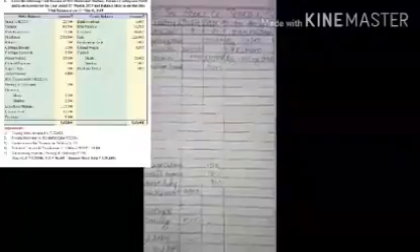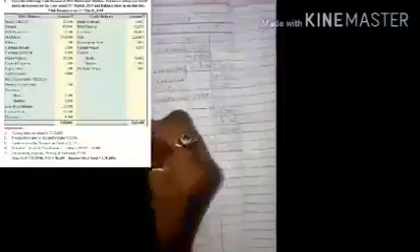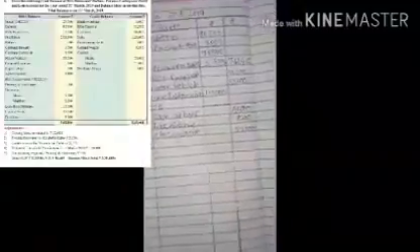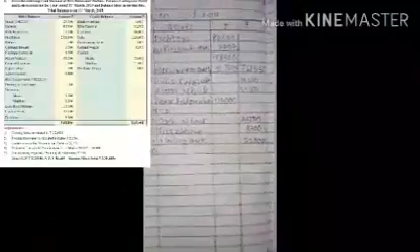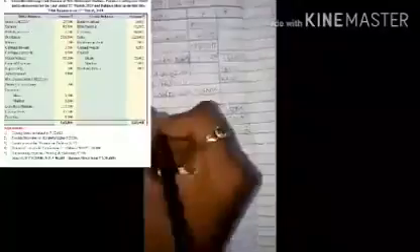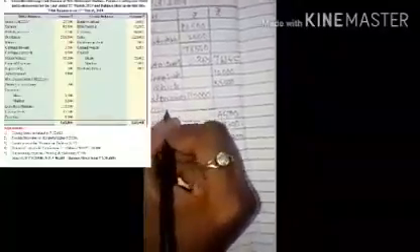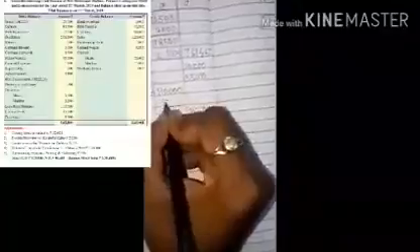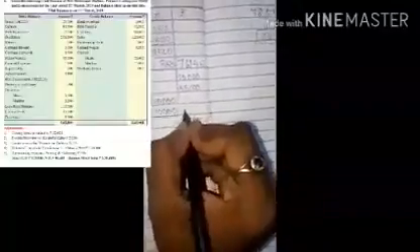Now the next adjustment is the value of leasehold premises on 31st March 2019 is 1 lakh. See, leasehold premises is on the balance sheet asset side. We have written leasehold premises 1,10,000 and we left one line for adjustment. In that line we have to write less. Now the value of leasehold premises is 1 lakh. Earlier the value was 1,10,000. Now the value is 1 lakh. So does the value increase or decrease? Decreases. How much is it decreasing? 10,000. So we have to write less depreciation 10,000. Outer column 1 lakh.